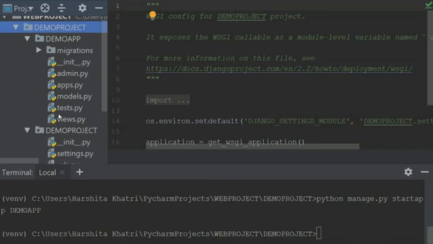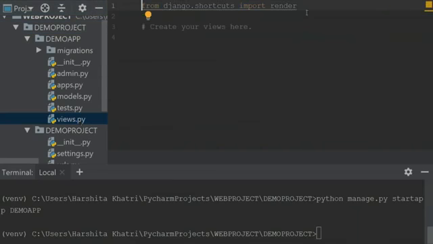So just like how Django had created files for us within our project, when we created a new app, Django has created the necessary files for us. So this is what Django does. It writes all the necessary code, and all you have to do is write your website specific code and just modify the files that are present and add your own files as per your choice. The first file that I'm going to open over here is views.py. And as you can see over here, Django has already imported render for me.